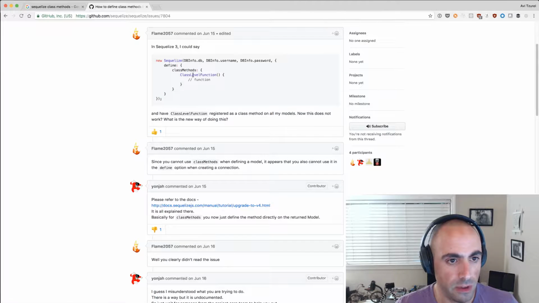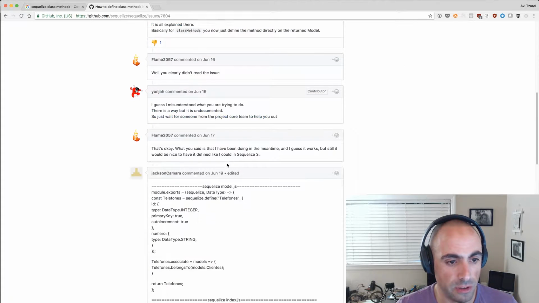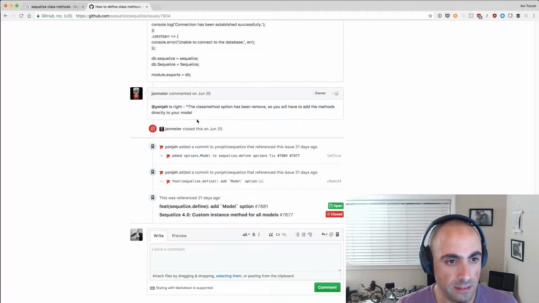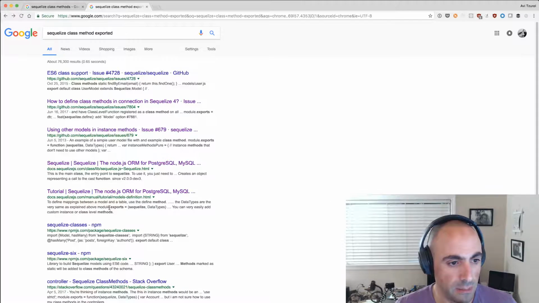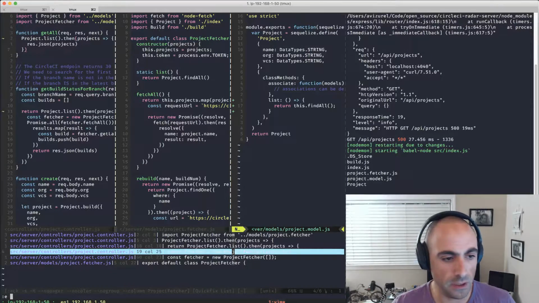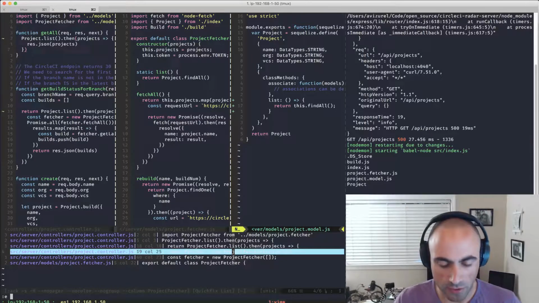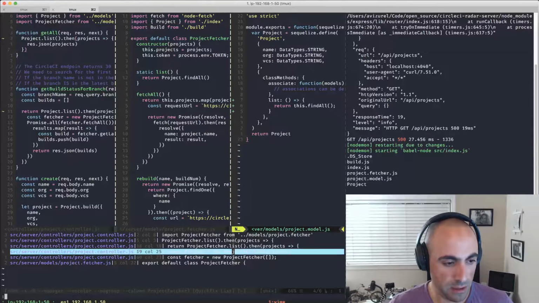Okay, so this is that one, and then the class level function is here. Also, I cannot use it to define when creating a connection. Yeah, that's exactly the issue that I'm experiencing. So what I'll do is, I will do this. All right, so and then we will say src server models, and we will create